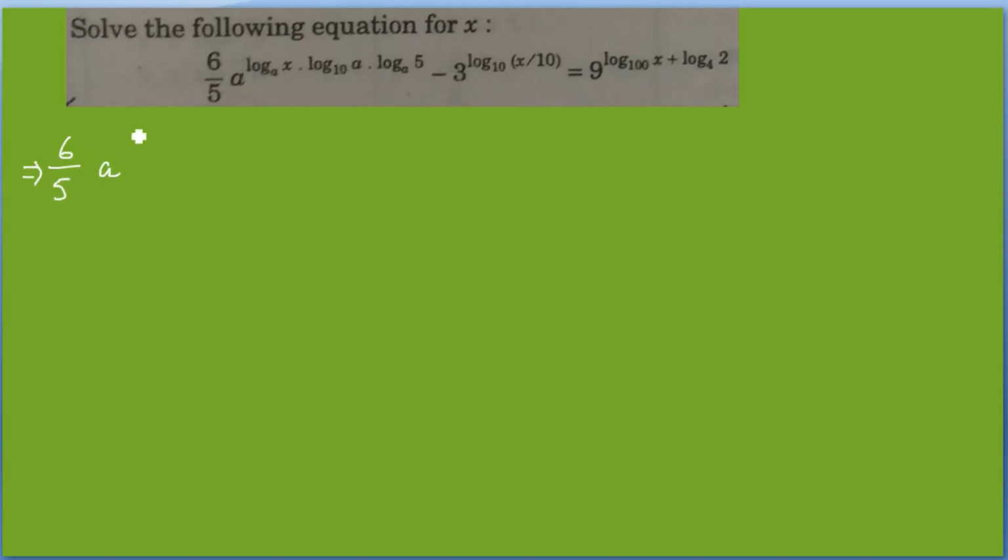a raised to power, and now splitting this in form of log x upon log a upon log 10, log 5 upon log a. So rewriting that, log x upon log a into log a upon log 10 into log 5 upon log a. Here cancelling log a with log a, and it is okay, remains same, is equal to